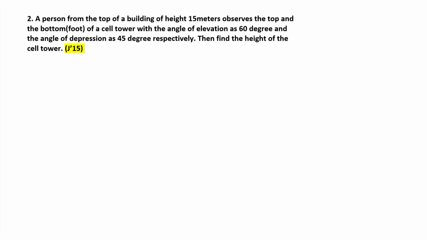Second question is, a person from the top of building of height 15 meter observes the top and bottom of a cell tower with the angle of elevation as 60 degree and angle of depression as 45 degree respectively. Then what you have to find is height of the cell tower. Solution. On reading the question, we understand that there is a